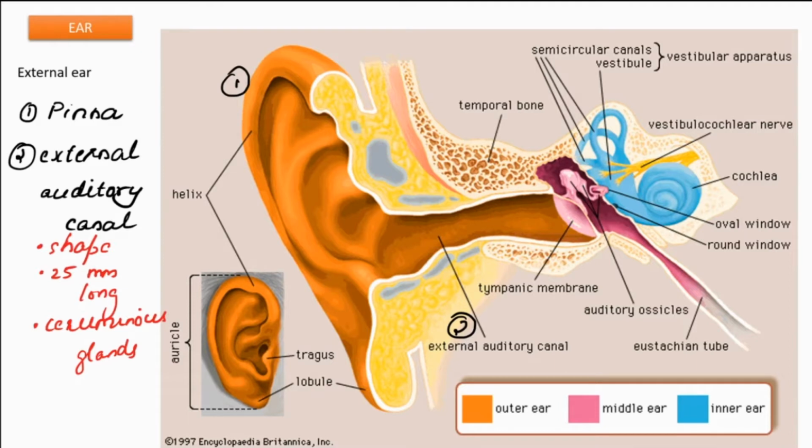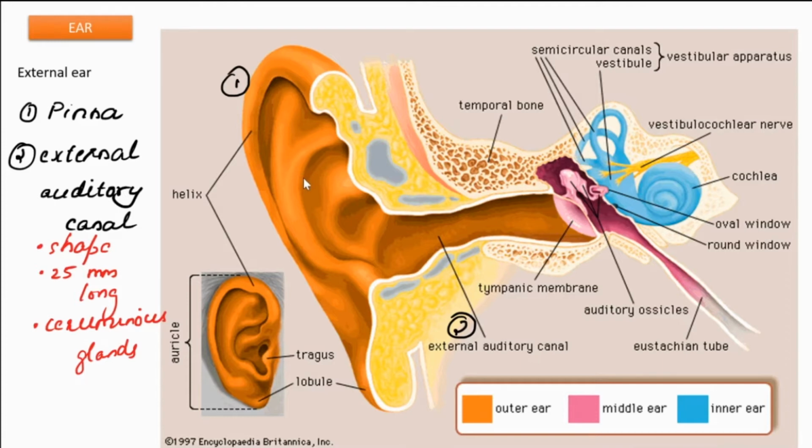What is its function? To trap the sound. We usually see in old people they put their hand around the pinna and try to trap the sound because as the age goes on the hearing ability will decrease. So for trapping the sound, old people usually hold their pinna towards the source of sound. So that's only about the pinna.